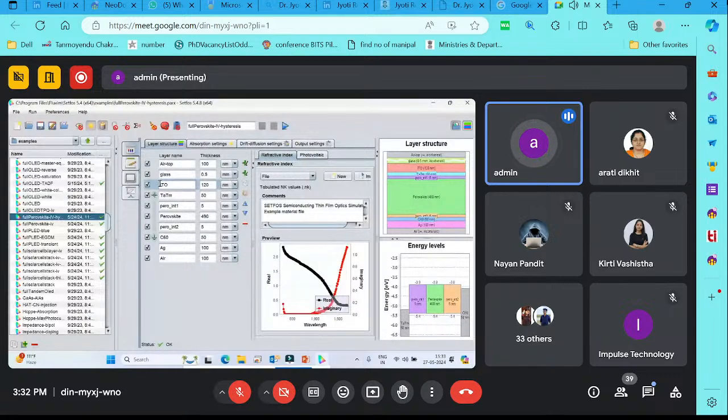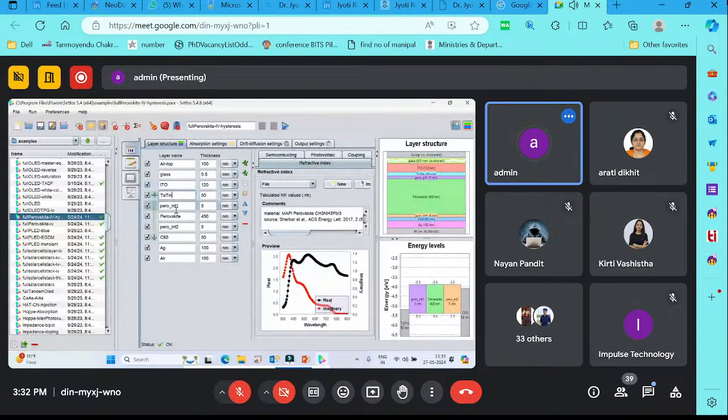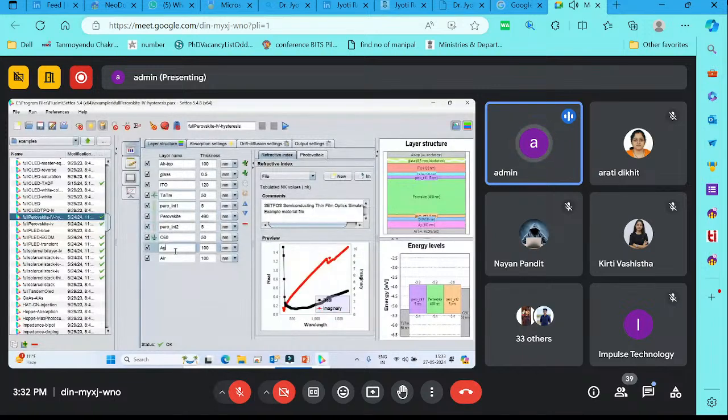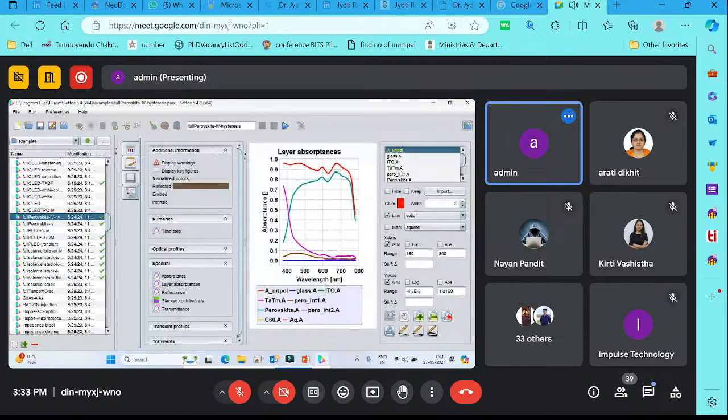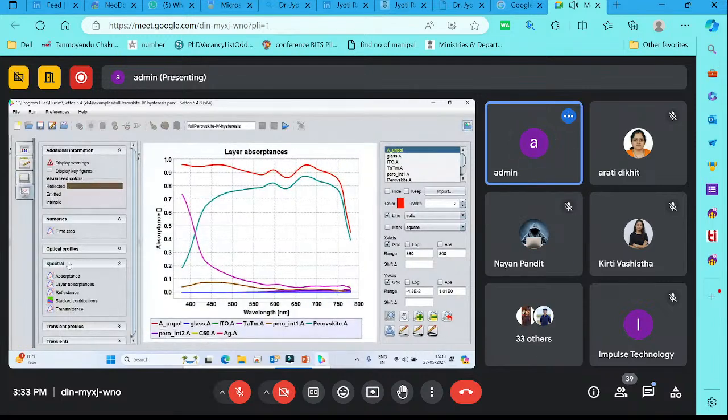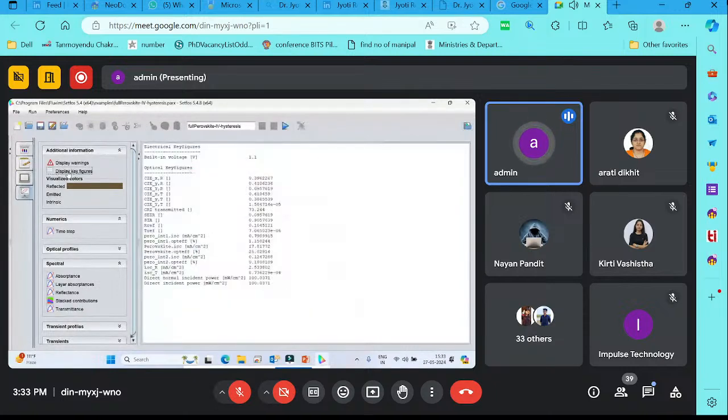ITO, some metallic electrode, ETL, perovskite layer, HTL layer, C60, Ag silver. They have created this kind of structure. And you can see the layer structure and energy levels. If you want to see the output of this already simulated structure, you can find the layer absorptance, and the direct and normal incident power. It is basically a transient